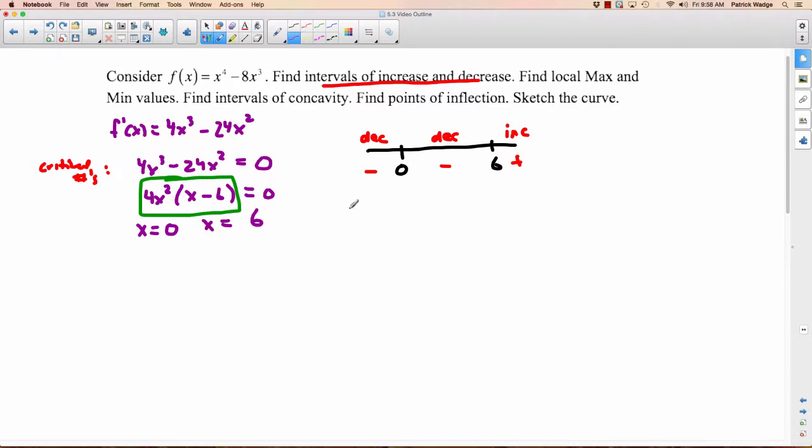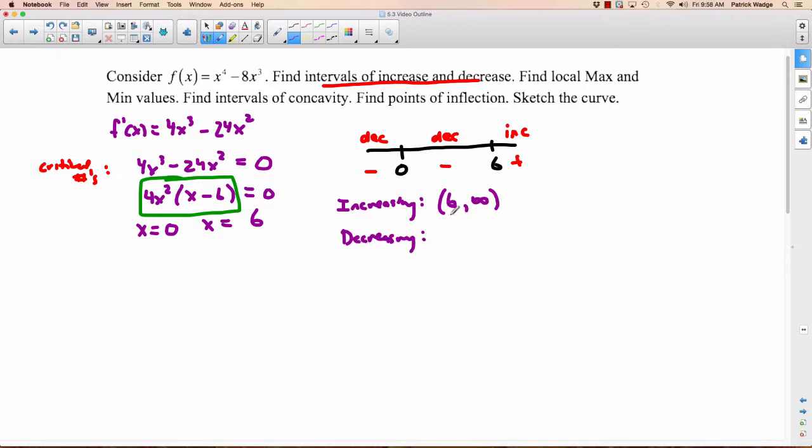Let's do that like this. We're going to say increasing is from 6, but not including 6, right? 0 and 6 is where it's not increasing nor decreasing. So we're going to say from 6 all the way up to infinity. And for decreasing,